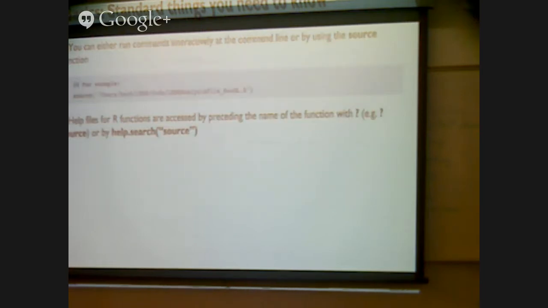All right. So you can either run commands interactively at the command line by typing them in and getting the output, or it can be a really interactive process environment, or you can just source a file, basically a string. Since I brought up my first R function, source, you can get help on any R function by typing question mark source, and it'll bring up a little page that is a standardized help menu. Depending on the package, anything in the base suite of R is pretty well documented. Anything outside of those user pattern cases